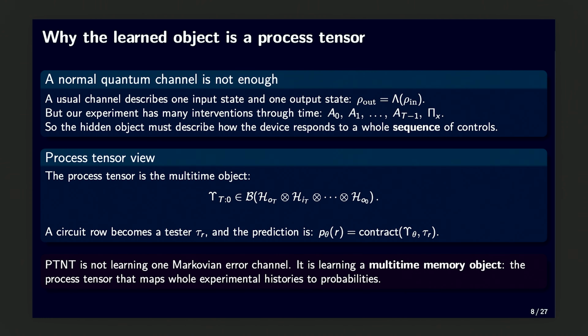Some people suggest that we can work with quantum channels. This works if we are working for GSD because we are not considering memory and memory noises. Quantum channels basically take the input and throw out the output, and they don't consider the timeline or any memory behind that. So we are using the process tensor because it's a multi-time object, which is really perfect for our method, and also